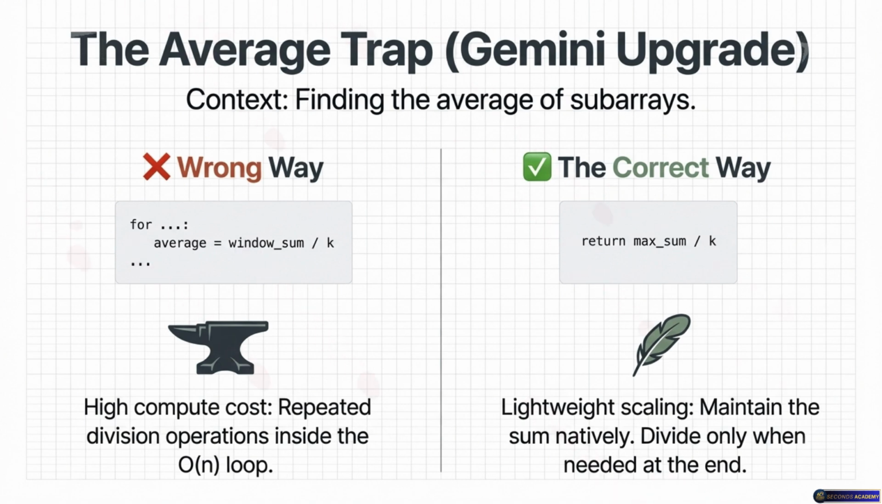Floating point division is a highly complex hardware operation. Depending on your architecture, one division can consume 15 to 40 CPU clock cycles. Oh, wow. Yeah, so if you put that inside a loop running a million times, you are introducing a massive